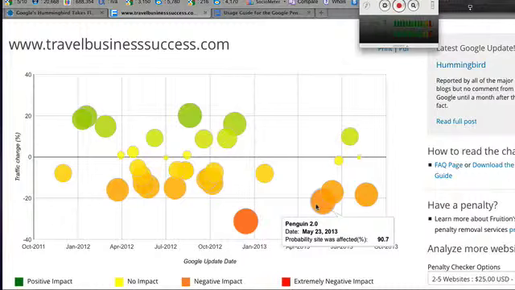The reason is a lot of people went in and disavowed links. You can go to Google and say, hey, I have these low quality links that I don't want counted toward my backlinks. And when Penguin 2 rolled out, all these people that disavowed their links and cleaned up their anchor text actually improved. With Penguin 2, we saw about 20% of the websites that have signed up for the Google Penalty Checker actually see improvements in traffic. So this is showing that people that were practicing proper SEO know what they're doing. They're in the know.